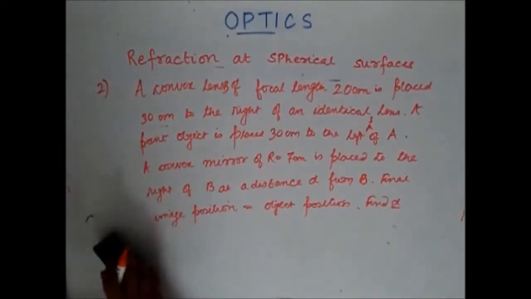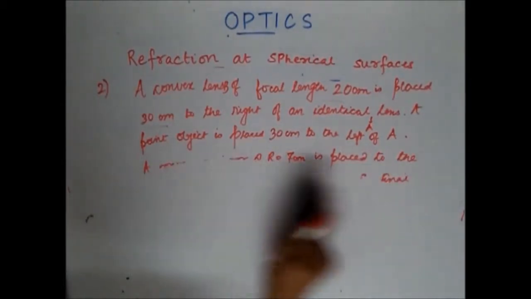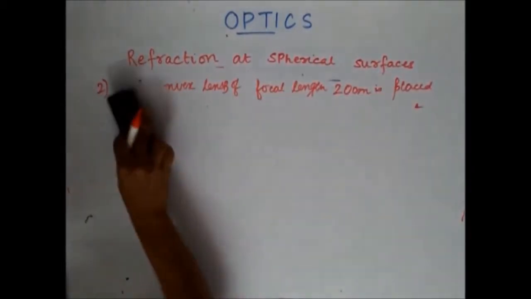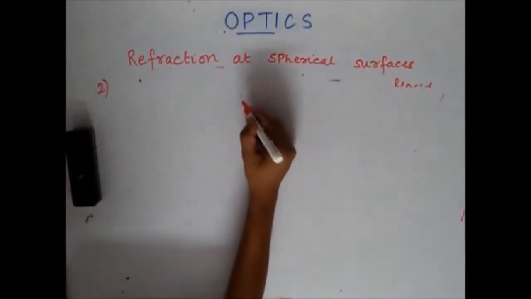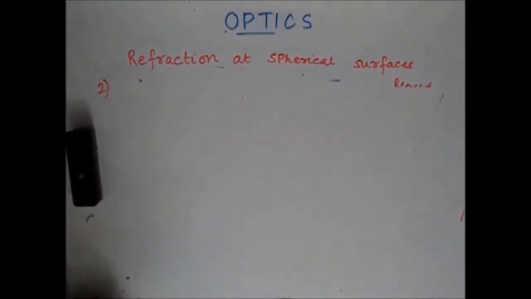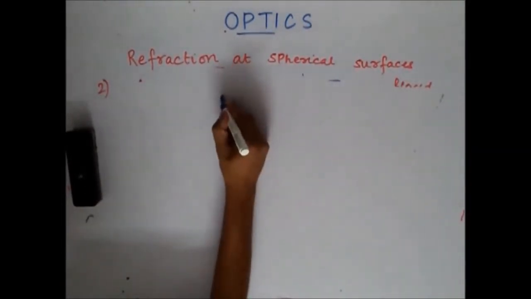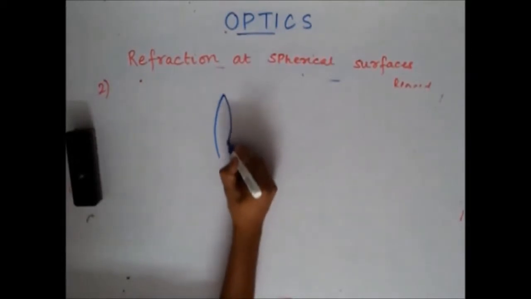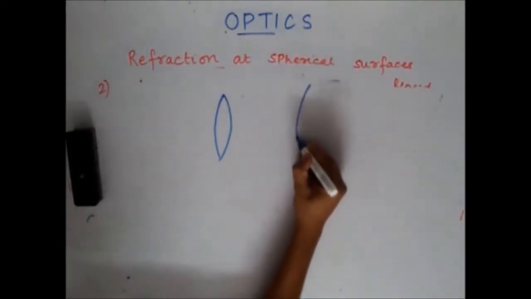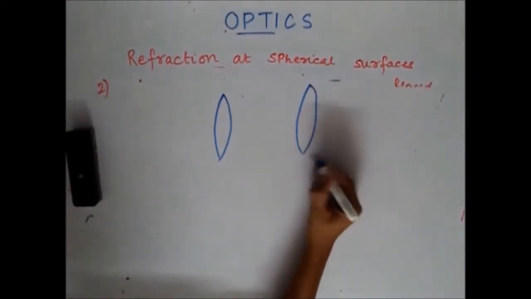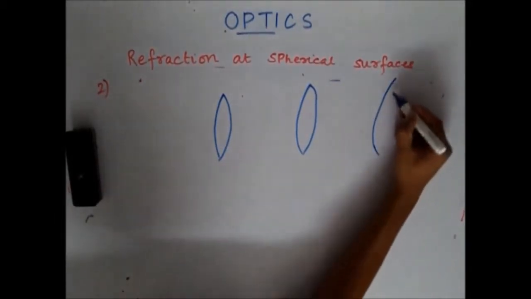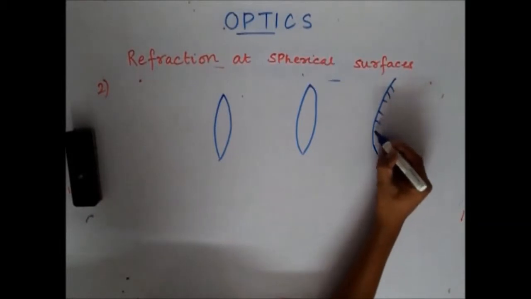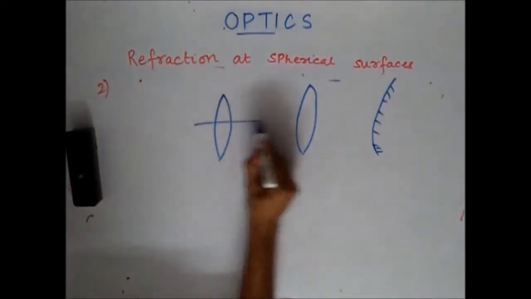So if you draw the diagram to this, the diagram will look like this. You have a convex lens, you have another convex lens, and you have a convex mirror. Okay,